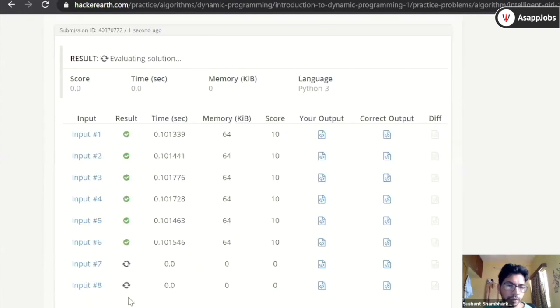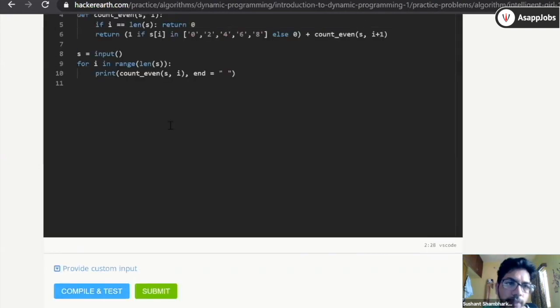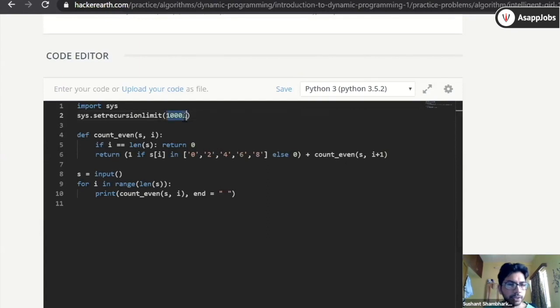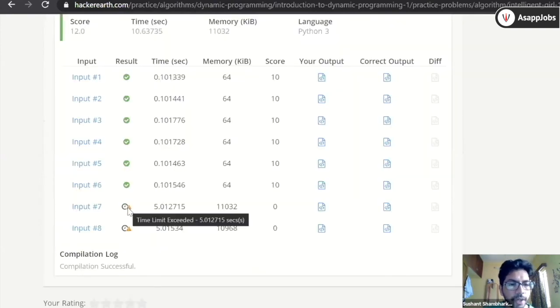So we got the solution and now this is running. Yeah, so that runtime error is gone, because it was coming from this recursion limit. I have removed that recursion limit and added a new value, so the depth of the recursion can now go till 10,000. And because of that, we got a time limit exceeded error.